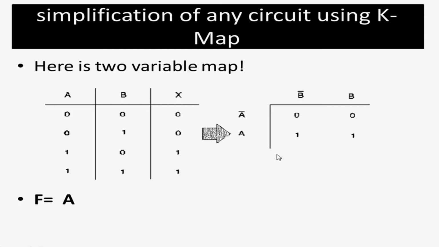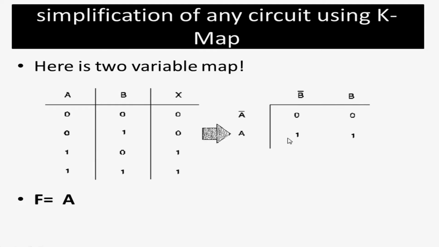Remember that this is in minterms. In the minterms we put 1 there, as we know a is equal to 1 and b is equal to 0, so it verifies 1 and 0, so we put 1 at that position. Now here it is 1 and 1, so a is equal to 1 and b is also going to be 1, so we put 1 here.